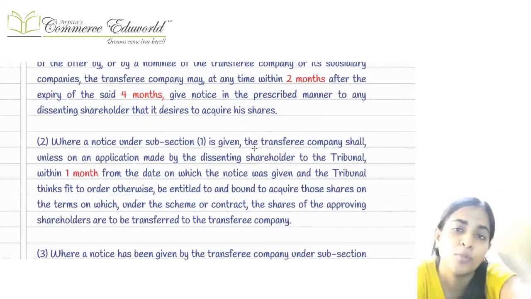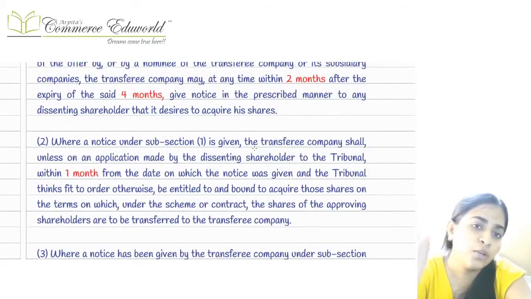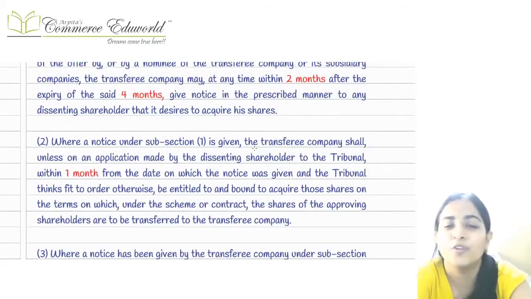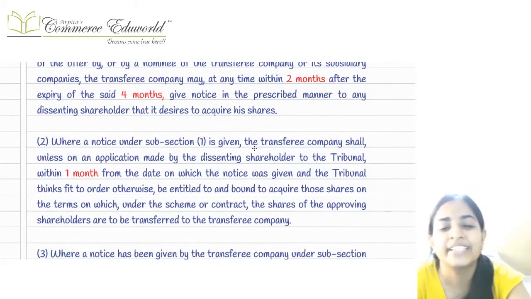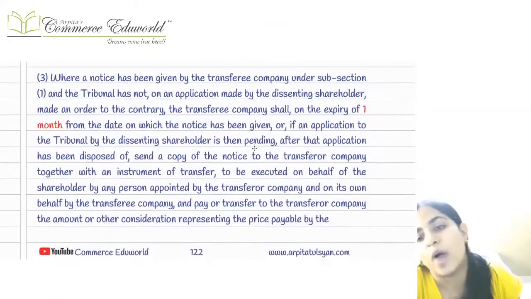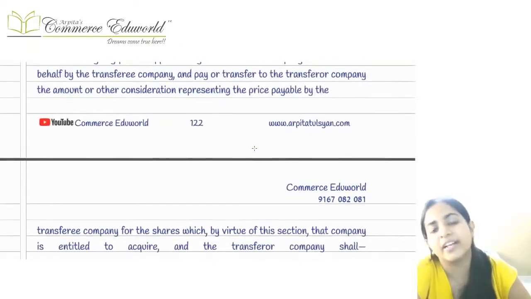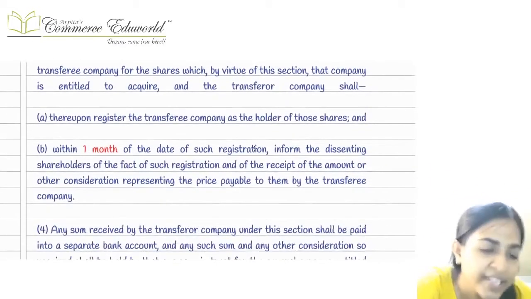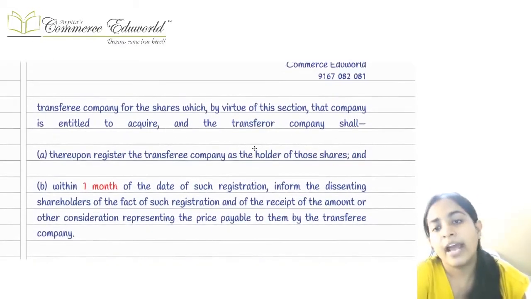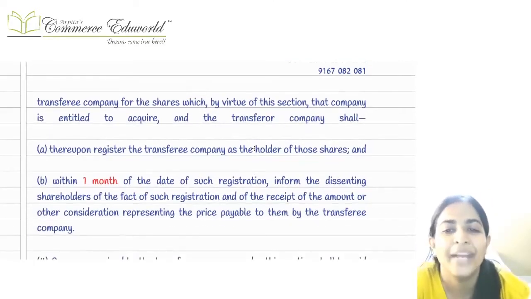Okay, take 2 more months and then agree to the scheme. If they do not agree even within a period of 2 months, then within the next 1 month, we are going to acquire their shares. We are going to register their shares. We are going to basically compulsorily acquire their shares, and then we are going to pay off the money